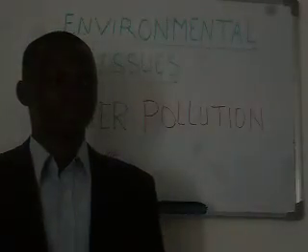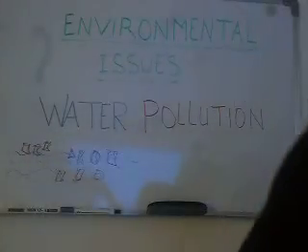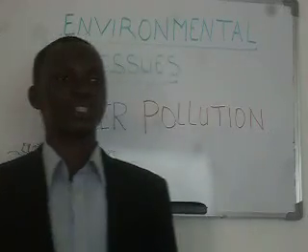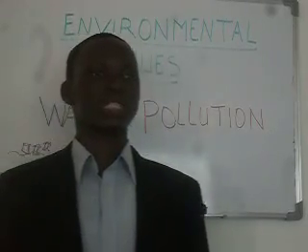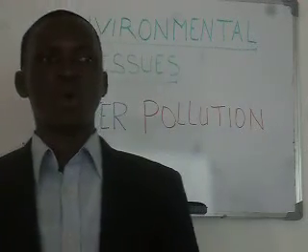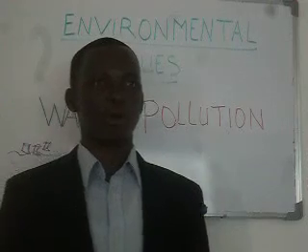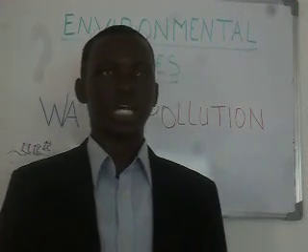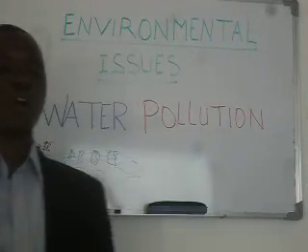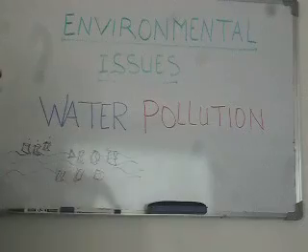Now, when does this water pollution occur? Water pollution occurs when pollutants are directly or indirectly discharged into water bodies without adequate treatment to remove harmful compounds. The water gets polluted when the following organisms are found in the water. Like I said, these organisms might be